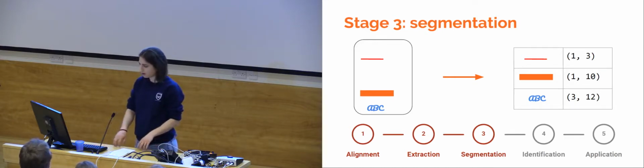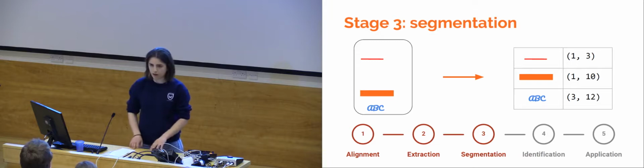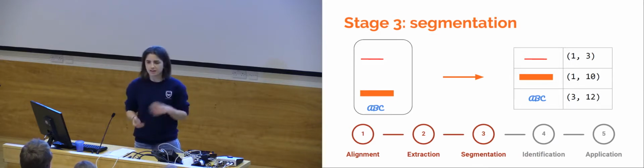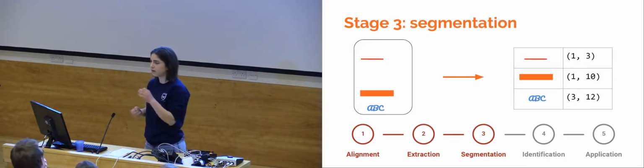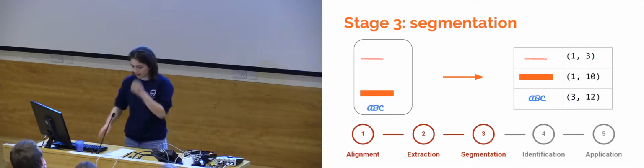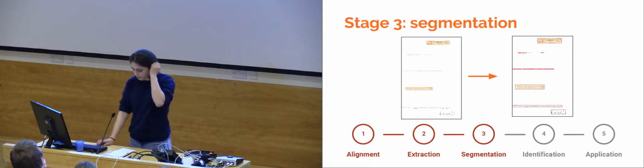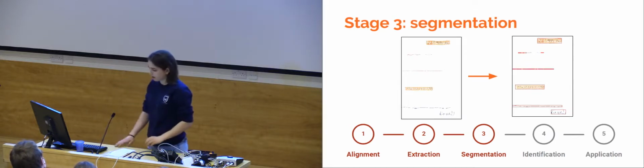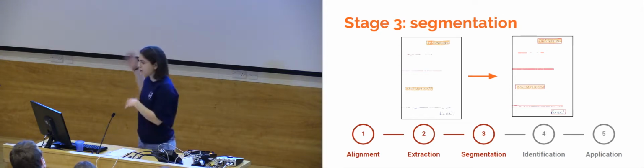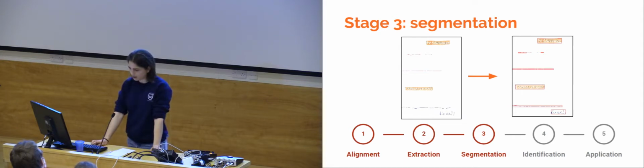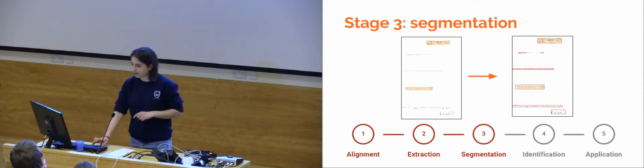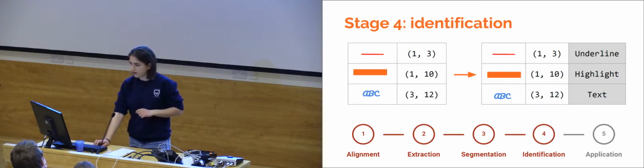So now we'd like to get coordinates of our annotations so we can analyze them individually. And thanks to the alignment stage beforehand, we know that the coordinates are going to correspond to the original PDF. So as you can see on this example, we managed to create very accurate bounding boxes for all our annotations with cluster detection. And the coordinates of the bounding boxes are then passed on to the identification stage, which